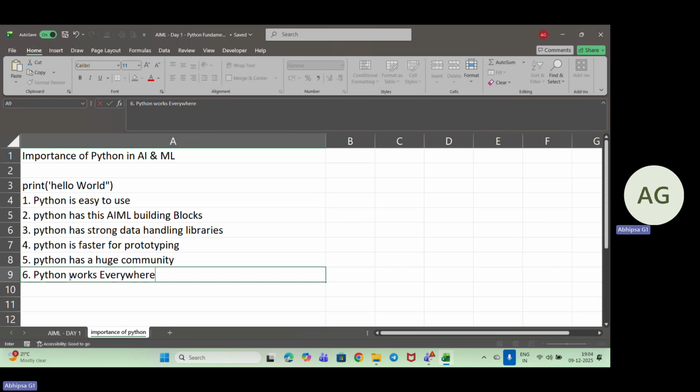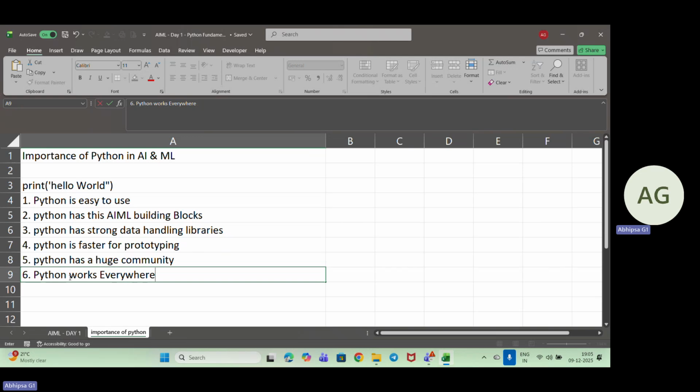So this means companies can use Python for AI, while other parts of the software can be written in different languages. For example, the back end can be in Java, C, or C++, and for the front end we can use Node.js or JavaScript. Any of them we can use. So that is the major area.